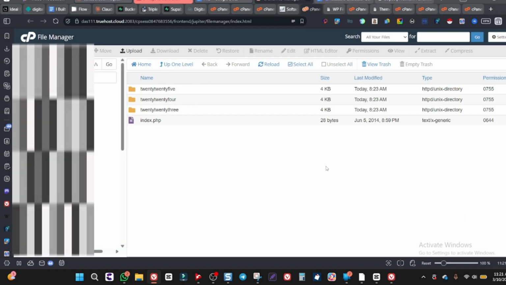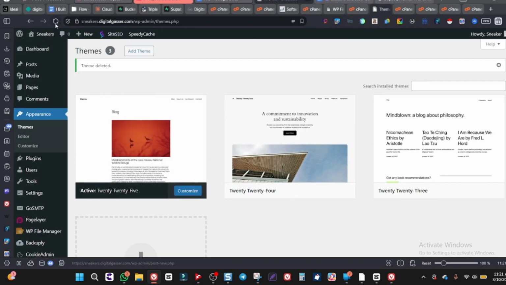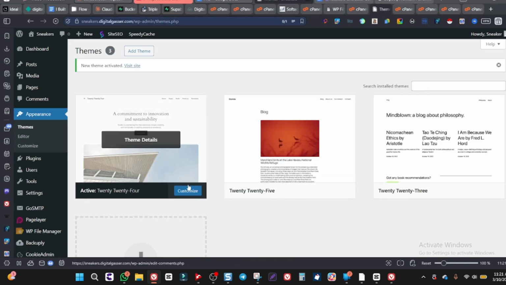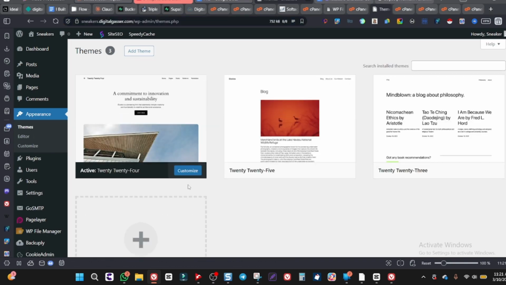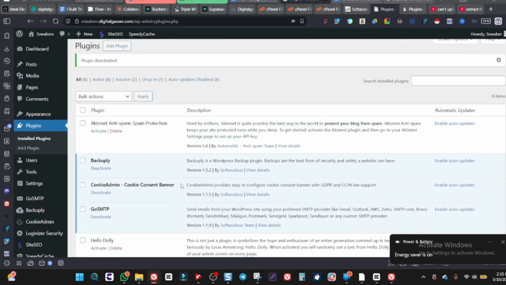So let's go back. You can see, okay, it's no longer here. If you load it again, it's gone. The theme is gone actually. So if we reload this, you'll see that the theme that we had, the sneakers, is gone. If you don't have access to the cPanel, to the back end of your website, we can use the plugin